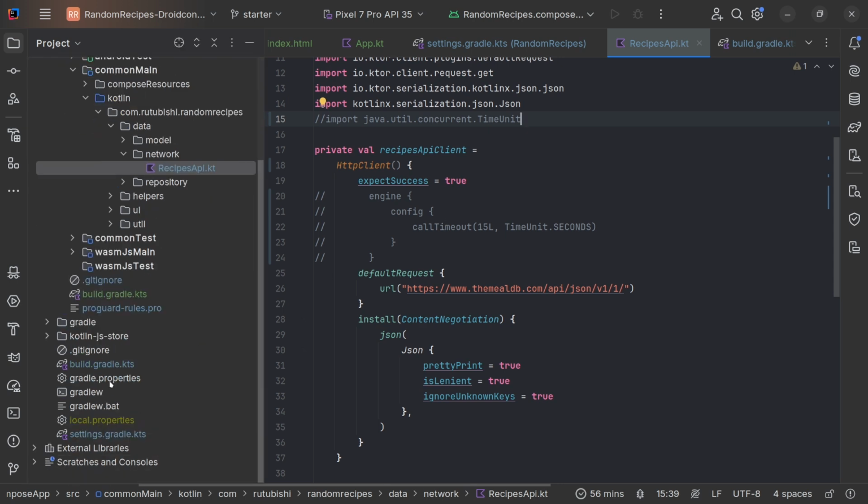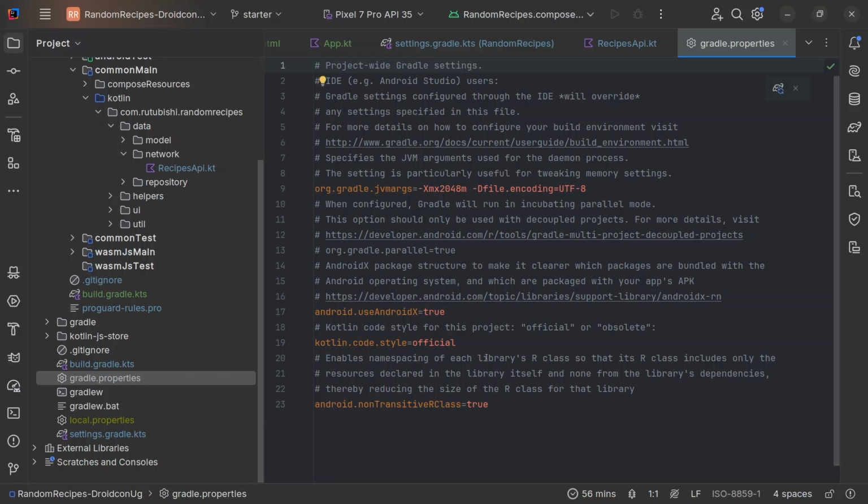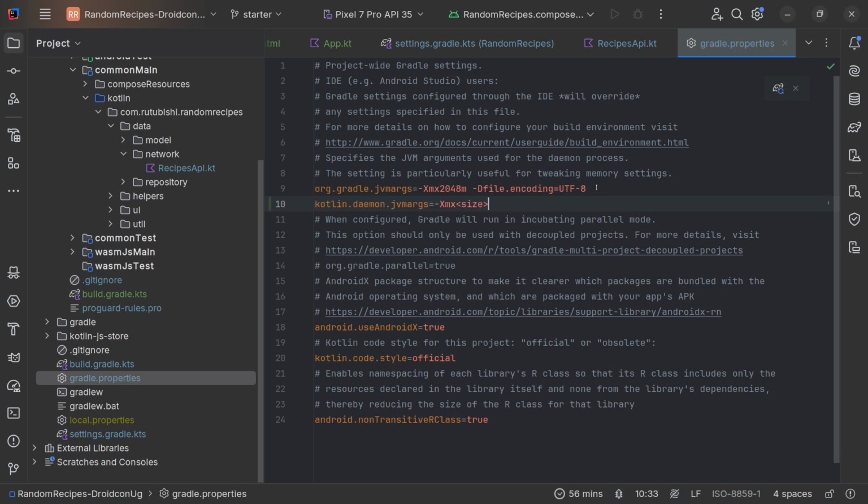You will be limited with the amount that you do have. For myself, I believe I have a good amount to spare, so I will put this all to 4 gigabytes, but I